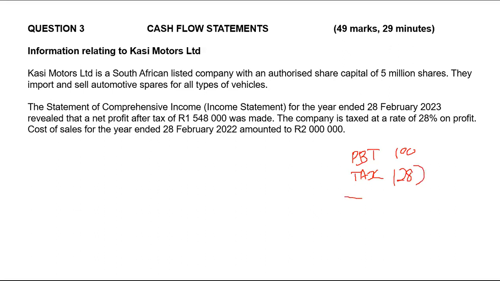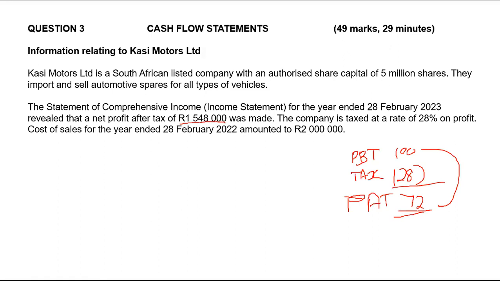Then you will have profit after tax, which will be at 72, right? So if I want profit before tax, I'll just multiply by 100, but because I've got the 72, because this